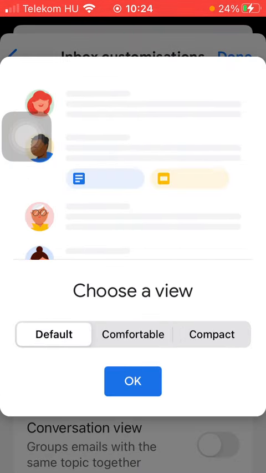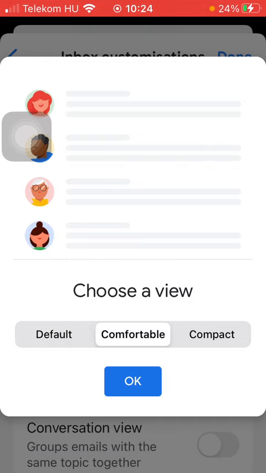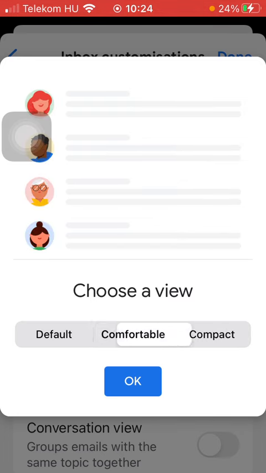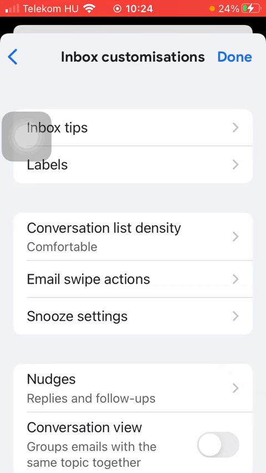Default view, here you can see the outline, then the second one is comfortable and the third one is the compact view. Select a view, tap on it and click on the OK button down below and it will be updated